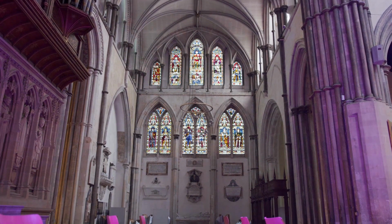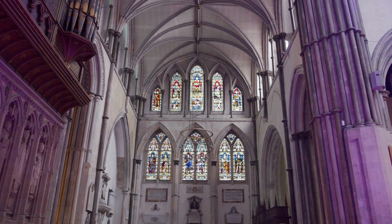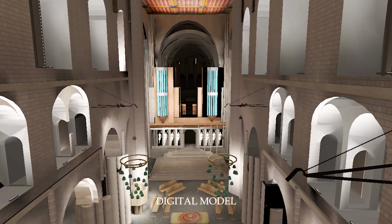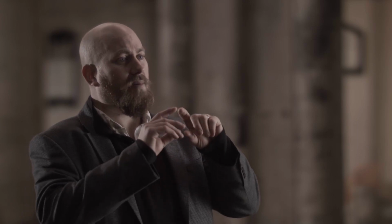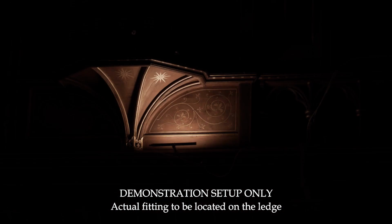Now we come to the pulpitum and the organ. Very visual as soon as you come into the cathedral through the west entrance. We want to be able to highlight each of the 8 saints by putting miniature spotlights smaller than your thumb behind the wooden sections. But then we want to light up the architectural detail of the organ itself, and we want to put little tiny lights and highlight the 9 niches in the centre, the pipe platforms and the detail